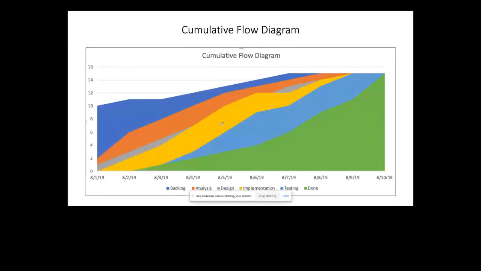Again, if you have a very large horizontal line in your cumulative flow diagram, that's not good, right? That means your cycle time is very, very long, right? Have a look at this. From the 2nd of August till the 7th of August, we have about 5 days. My cycle time over here is 5 days, right? Over a period of time, my cycle time is reduced. So this is good. Basically we are saying we have got things done within 3 or 4 days. Cycle time is reducing. That's what should happen ideally. Over a period of time, our lead time and our cycle time should reduce, right?